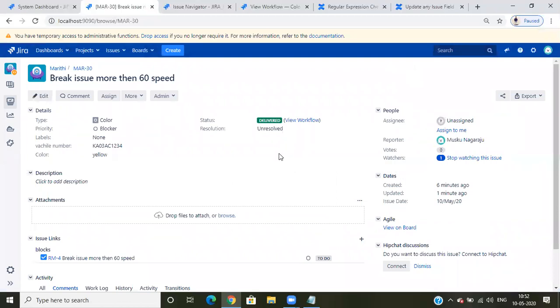So Jira needs to capture something. We need to tell Jira that this is the end point type. So how do we tell that? That is the resolution field. So if the resolution is still unresolved, this ticket is open only. Jira will calculate it as an open ticket. Or else if you go with delivered, painted, complete, rejected or anything, Jira will calculate it based on this resolution field. If resolution is unresolved, Jira will calculate it as an open ticket only. When you set a resolution, whatever the status, Jira will calculate it as resolved.